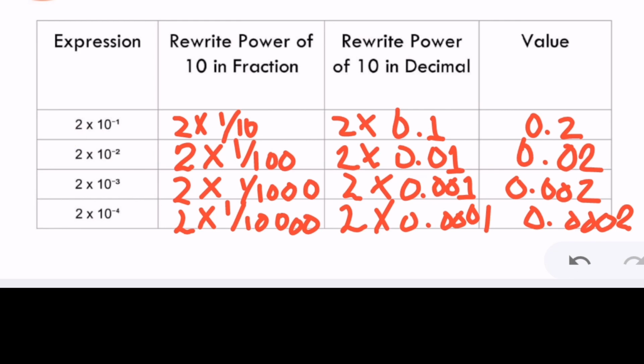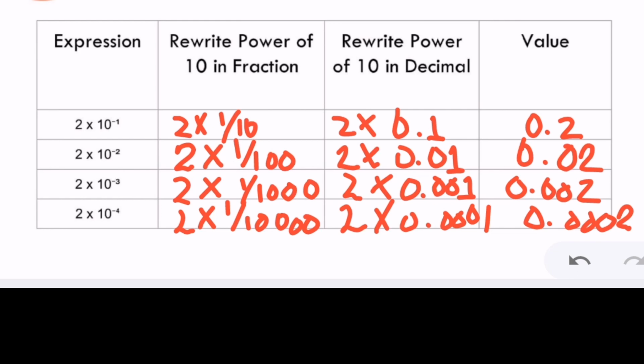For the second one, 2 times 10 raised to negative 2, 2 became 0.02. For the third one, 2 times 10 raised to negative 3 became 0.002. And 2 times 10 raised to negative 4 became 0.0002. Now try to observe if there is a relationship with the movement of the decimal point to the values